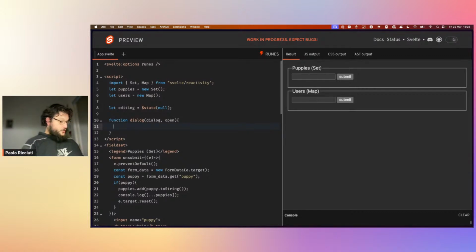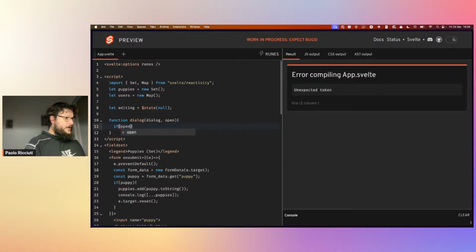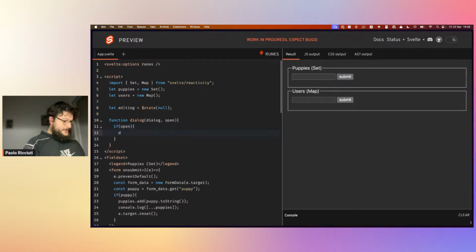So you can do if open dialog.showModal, because this is one of the weird things about the dialog element. You have an HTML element, but then to actually open the dialog, you need to call showModal. Otherwise, if you just set the open attribute, it will not be a modal. It will just be put in the DOM with a display block, basically,